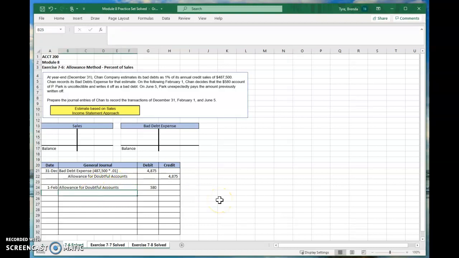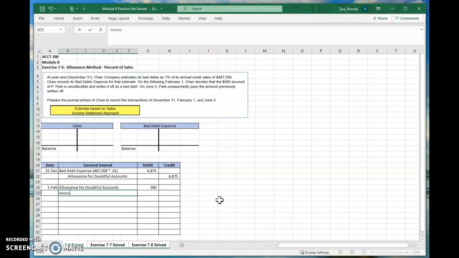Now this doesn't affect our income statement anymore at all. The income statement was impacted by our entry on December 31st. That's where we're matching the revenues and the expenses. We're estimating of the sales that we had for that year, the prior year, $4,875 will not be collected. Now it's February of the next year, and we are realizing $580 that is not collected. So we take it out of our allowance account, kind of reducing our estimate,